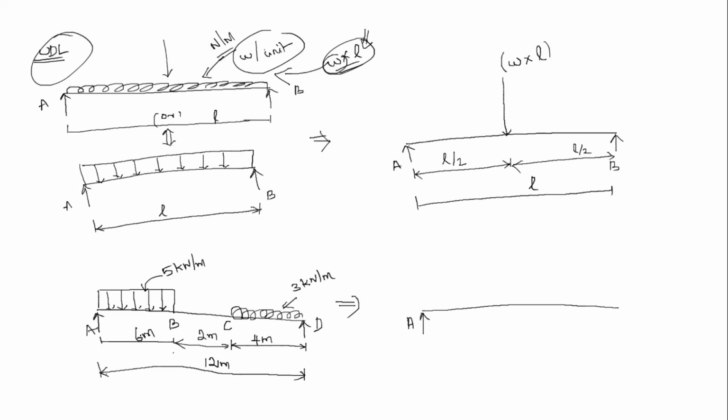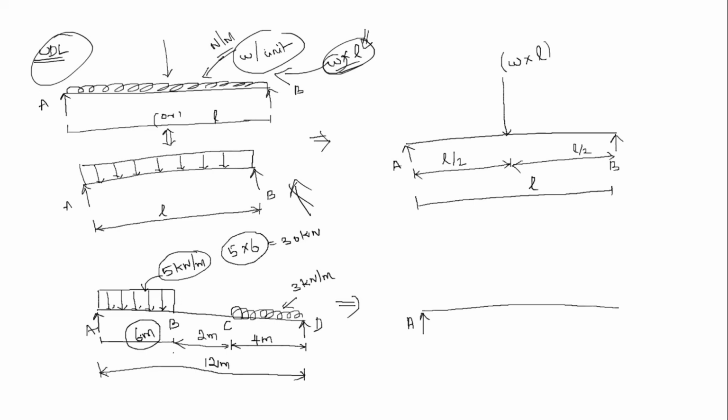So now we are going to convert this into a point load, right? As I said in this case, how much? 5 kilonewton per meter is distributed along the length 6 meter. So 5 into 6, that is our formula, right? Which is equal to 30 kilonewton, right? Clear? 30 kilonewton